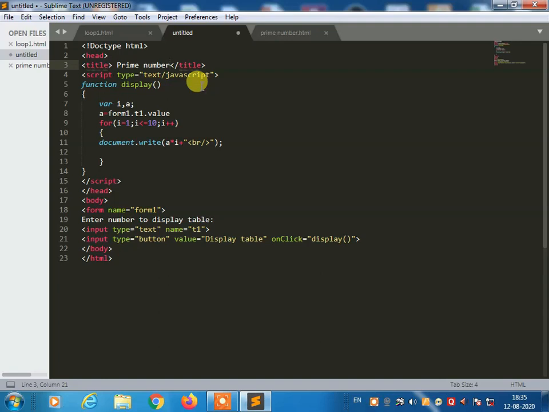Okay, so script type equal text/javascript will remain the same. The function we are going to use is display only. Once you click on the display button, the result should come out. Okay, the variable we are going to change here. Instead of i, we can take another one. You can take any other letter, a, comma, answer, ans. Okay, then we are going to use